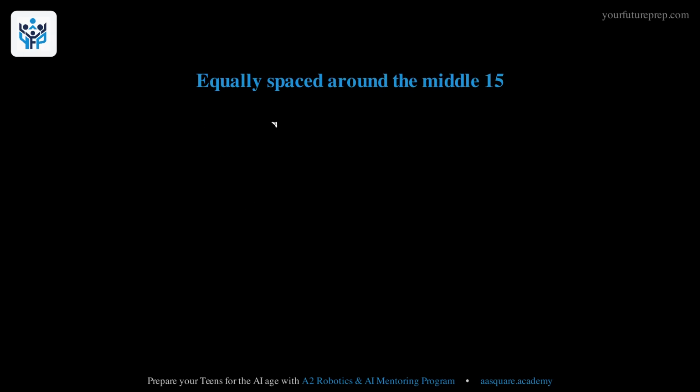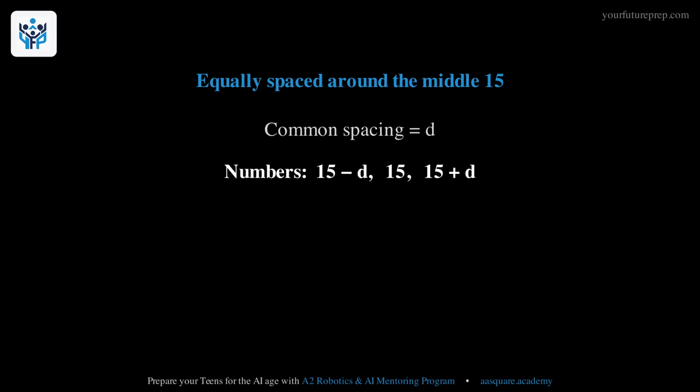Because the three numbers are equally spaced and the middle one is 15, we can call the common spacing d. Then the numbers are 15 minus d, 15, and 15 plus d. The largest number is 4 times the smallest, so 15 plus d equals 4 times